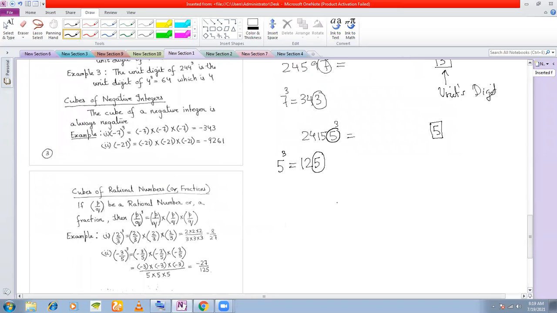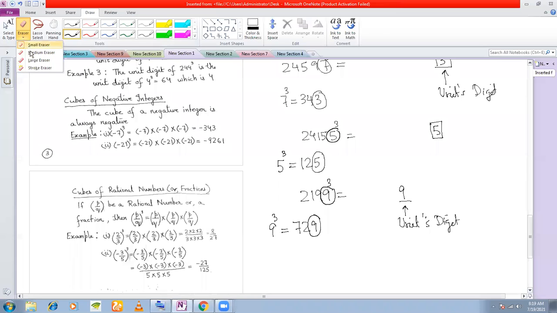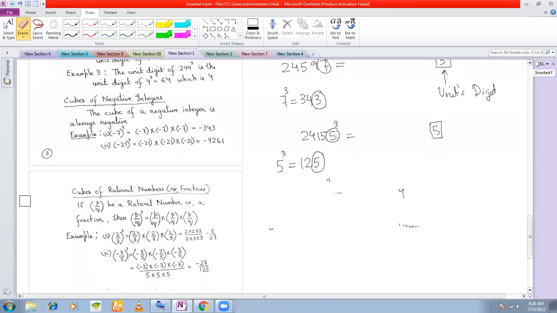Okay, let us take one more. What should be the units digit of this? Take this digit here, 9, cube it. How much do you get? 729. What is the units digit here? 9. So whatever number you get after cubing, this will be the units digit. I don't know about the other digits, but definitely I can say about the units digit. Just like in squares you square the units digit, here we are cubing the units digit. That's the only difference.